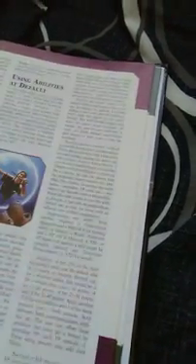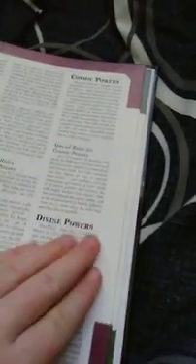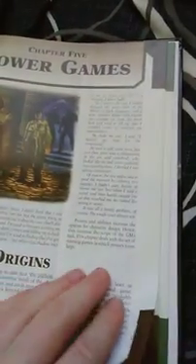Skills for everyone 162. Collateral damage 165. Talents as resistance 169. Creative uses of special effects 170. Source specific rules 174 to 178. Origins 179 to 182. Adventures on 192 to 199. And chapter 6, empowered genres on